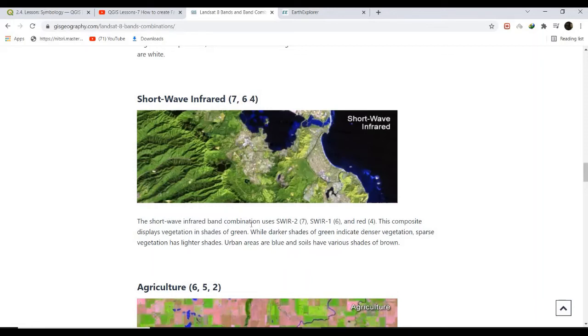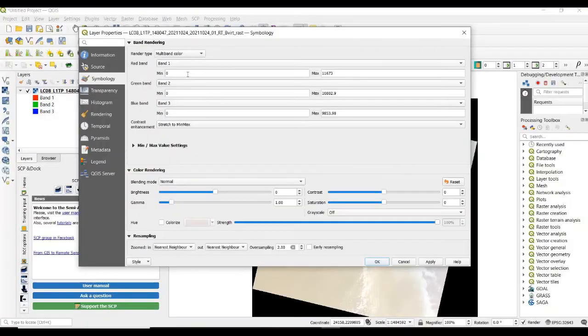Short wave infrared band combination uses short wave infrared 764 bands. This composite displays vegetation in shades of green, while dark shades of green indicate dense vegetation. Sparse vegetation has lighter shade, urban areas are blue, and soil has various shades of brown. So we are going to apply short wave infrared 764.